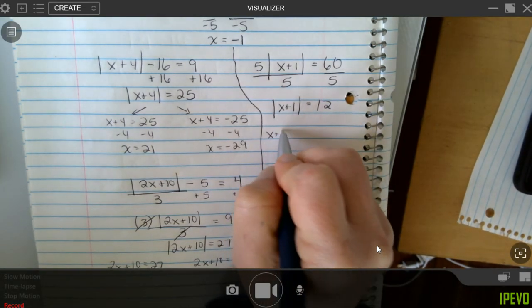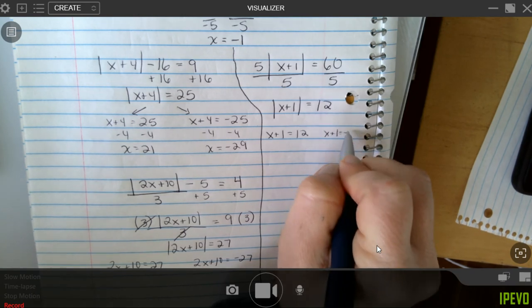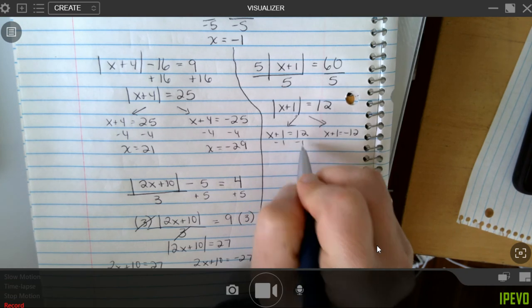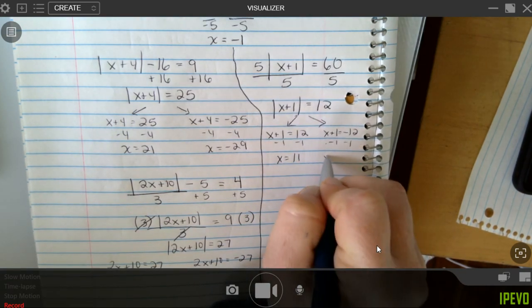x + 1 equals positive 12. x + 1 equals negative 12. See the two equations. Subtract the 1. x equals 11. Subtract the 1. x equals negative